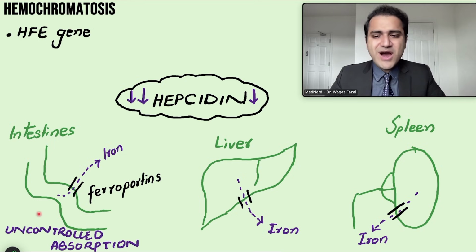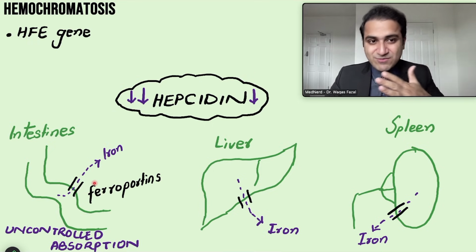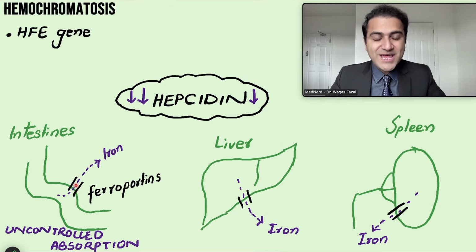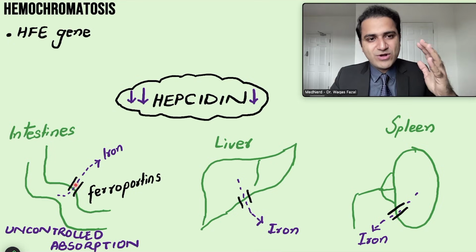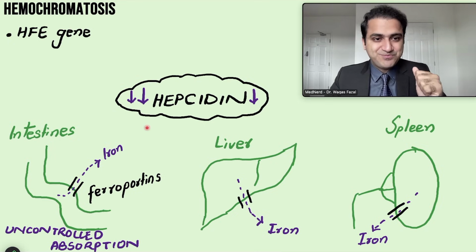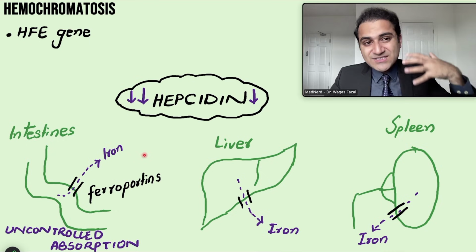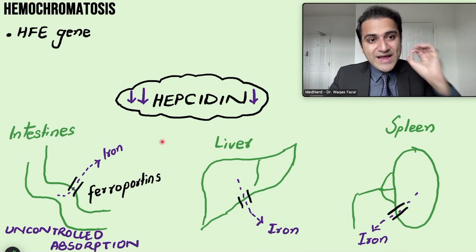the blood. There will be uncontrolled absorption of iron through the ferroportin channels into the blood. Because hepcidin caused the degradation of ferroportin channels, now the hepcidin is absent and these ferroportin channels will be active all the time. Even if there is excess iron in the body, the ferroportin channels will be active because the hepcidin is absent. Now whenever there is excess iron in the blood, that excess iron would enter the